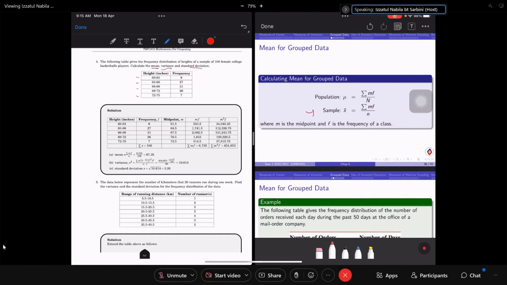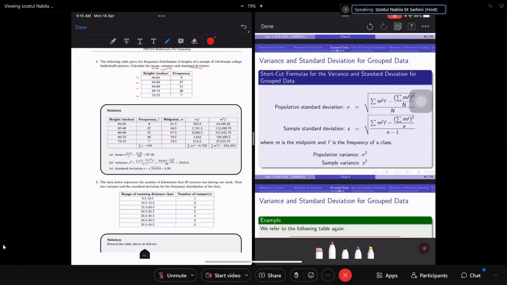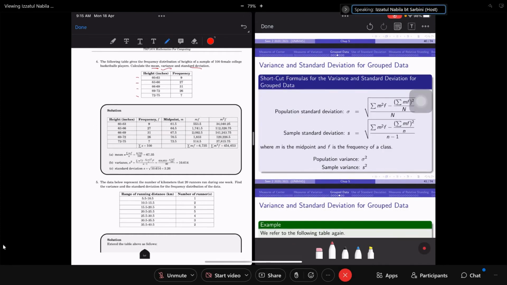Since here they talk about sample, then we use the sample formula for sample. Okay, this is the formula for standard deviation for group data. If it is group data, always start with a